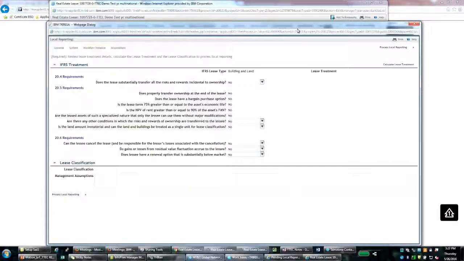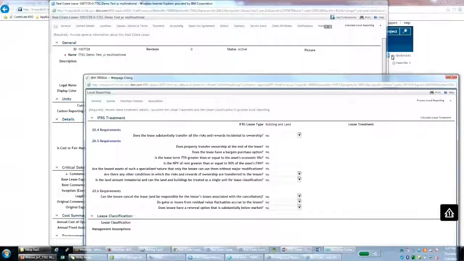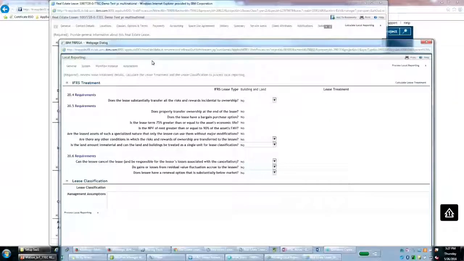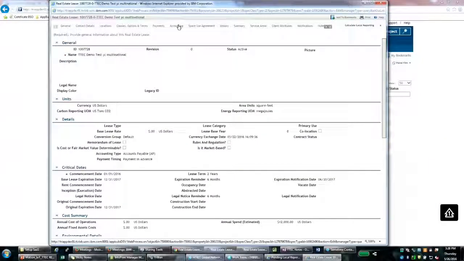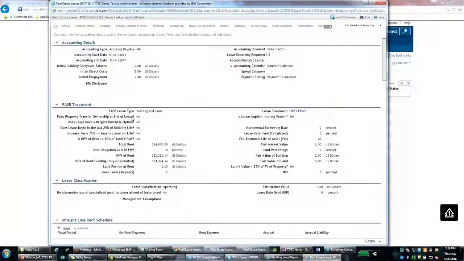Let me pull this side by side. I can't. So this one is for GAAP. As you can see, local reporting will be IFRS. Let me just go to the accounting tab here to show you. Here we have operating, and we're not answering anything here. And then when we click local reporting,